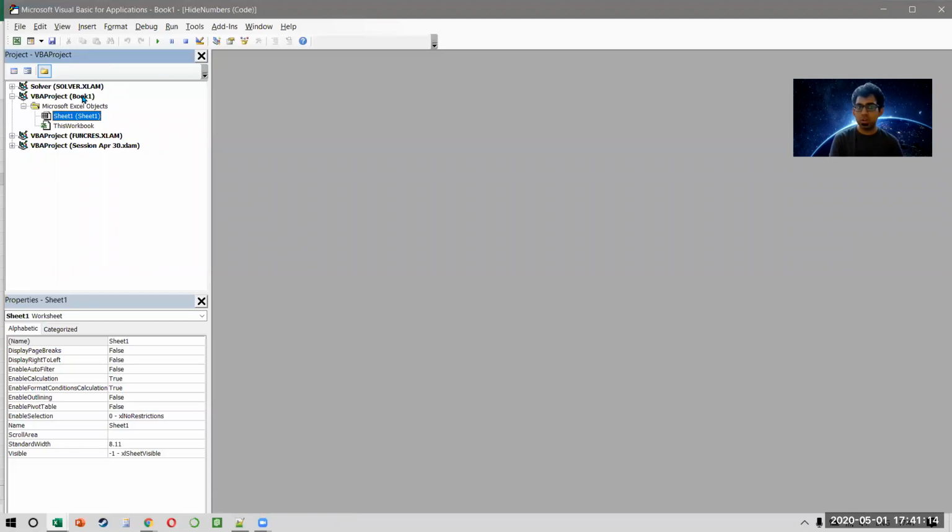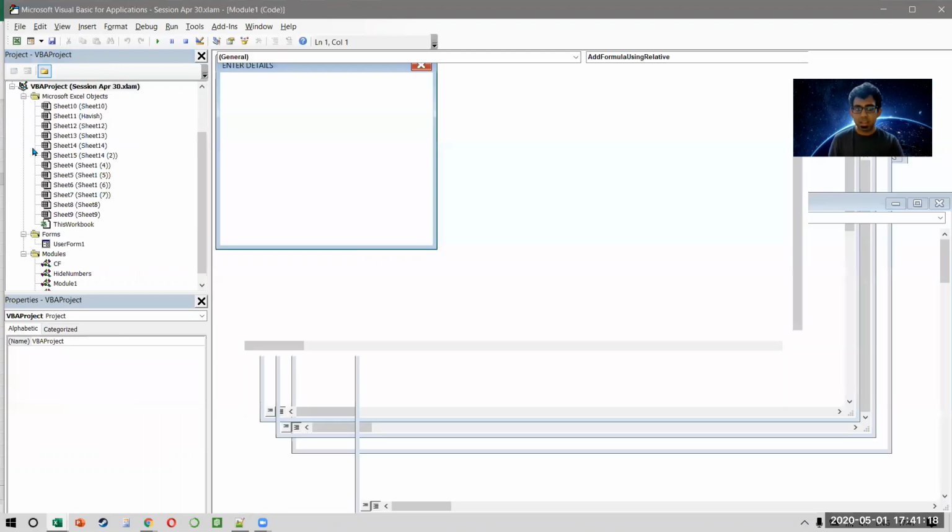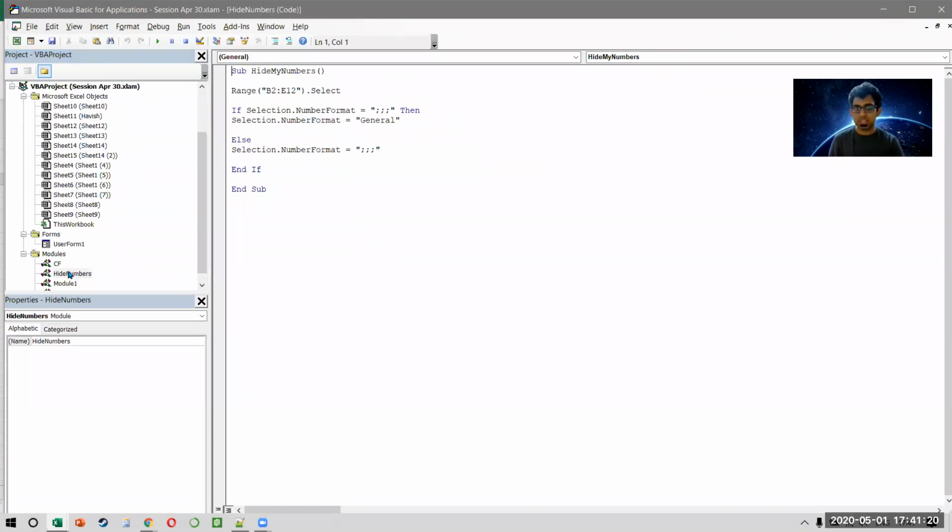So why do you think we cannot access that macro now? See, it says VBA project, and it tells me that all the modules can be seen. Okay. Now the reason for this is that even though you have uploaded the XLAM, that macro will still have to be copied in your current workbook.